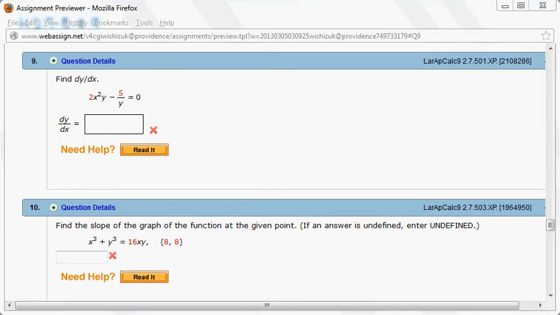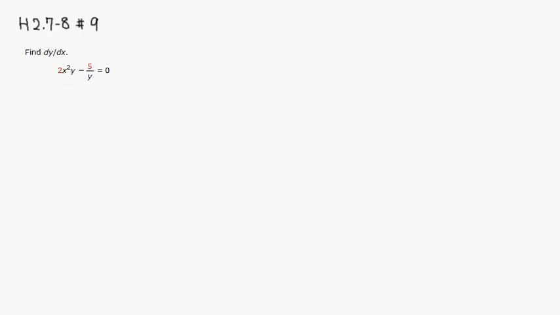Okay, let's look at homework 2.7, 2.8, number 9. We have this equation given, and we're looking for dy over dx. Let's do that. First thing I would do, since I don't like this fraction, is go ahead and